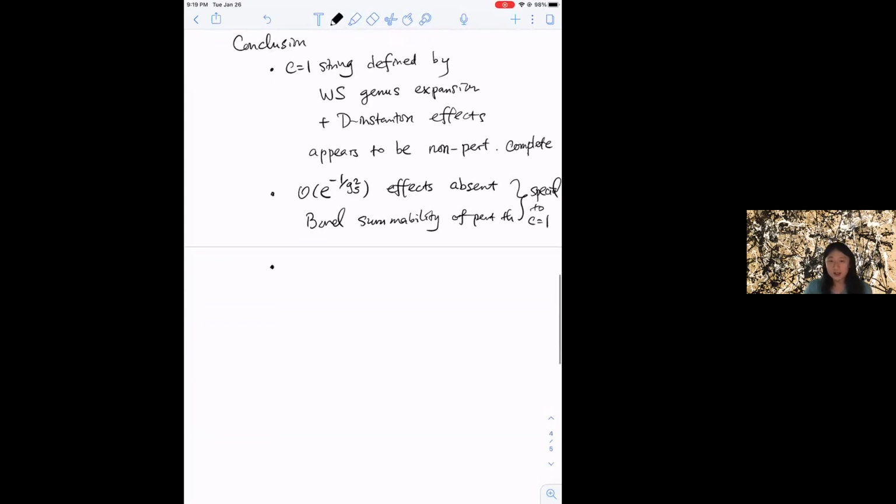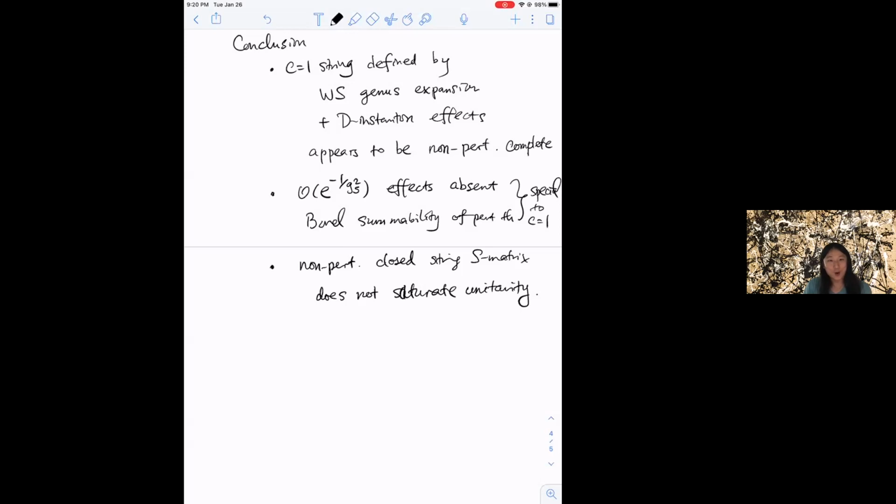I haven't really discussed the unitarity of the non-perturbative corrections. So the non-perturbative closed string S matrix does not saturate unitarity. I'm not saying that they violate unitarity because